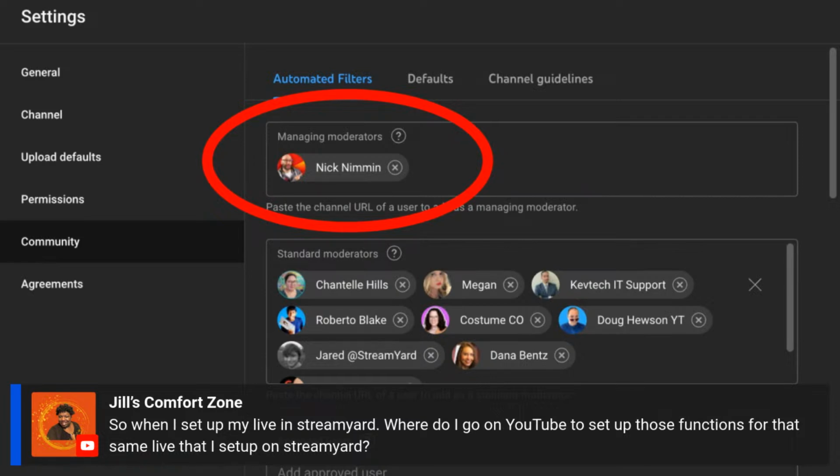The way you get to this is in that same Creator Studio, or the same YouTube Studio. Once you're in there, down in the bottom left-hand side of the screen, you're going to see a little gear icon. You want to click on that. That's going to open up a box that looks like the one that you see here. If you look at the left-hand side of the screen, you're going to see the different navigation options. You want to make sure you click on Community, and then that'll take you into that particular area as well,